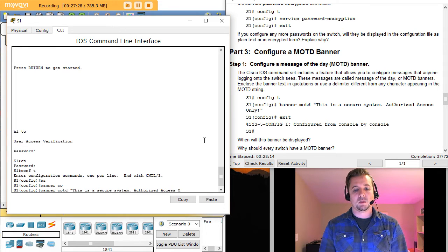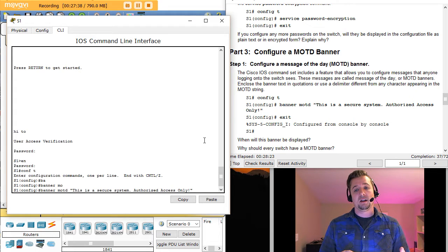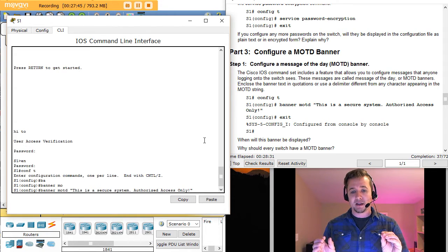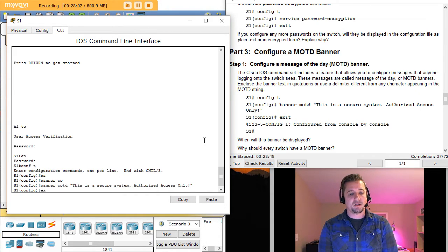Access only. One thing you really want to be careful of is when you're going through these packet tracers, whether it's your exams or just the regular labs, to do exactly what they say. Make sure your text is exactly how they type it, because if you don't, your completion level won't go up and you'll get marked down. So definitely make sure you do that exactly how they want it. And if we go ahead and go back out,